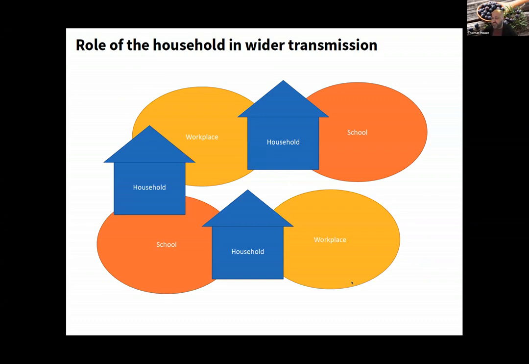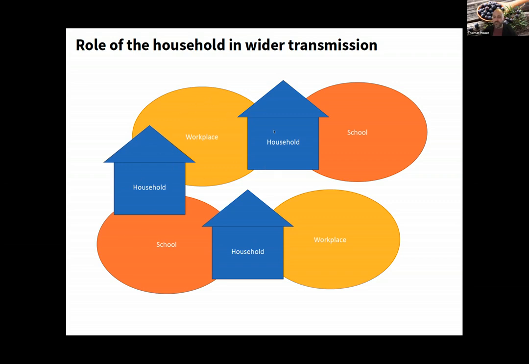Here's why the household is important, right? In a lot of people's minds, you have a kind of chain, the household is a link in a chain, right? So each household will have some people attending a workplace and some people attending a school. Well, not every household, right? But a lot of households have some people in workplaces and some in schools. So you could have key workers in the bottom right in the hospitals where there's always going to be some COVID because the people with COVID go to hospital. They go back into a household, they can infect their children who go to school, that school lets it get into another household, which lets it get into another workplace.